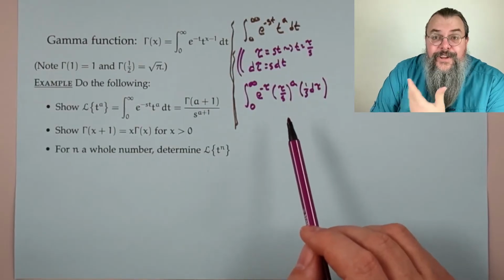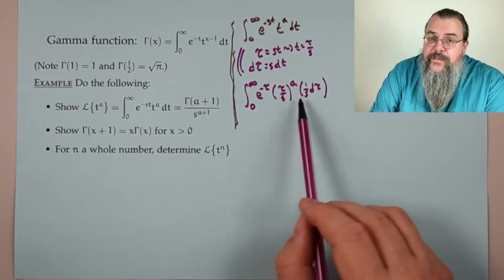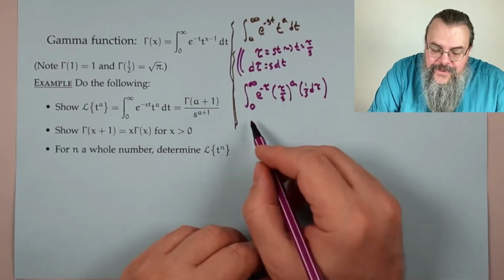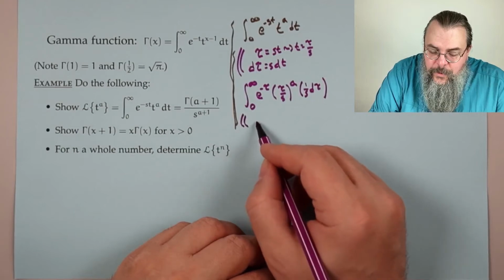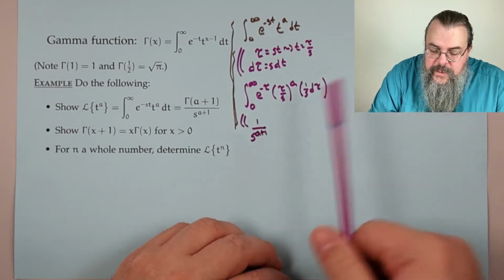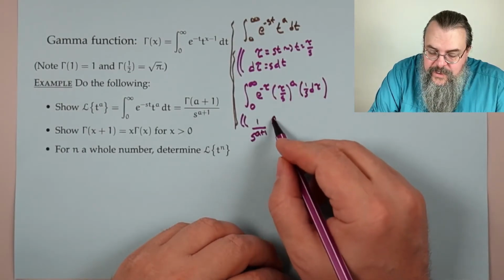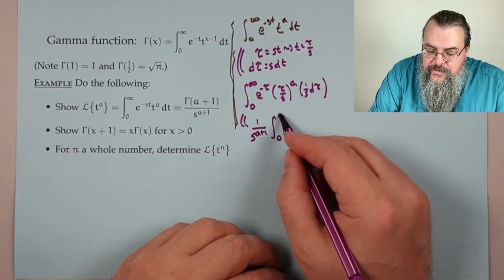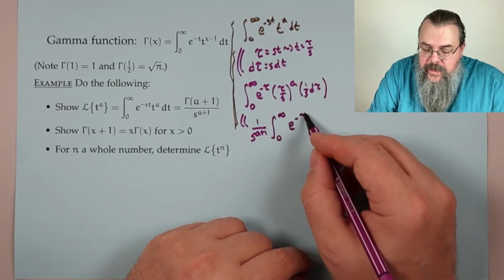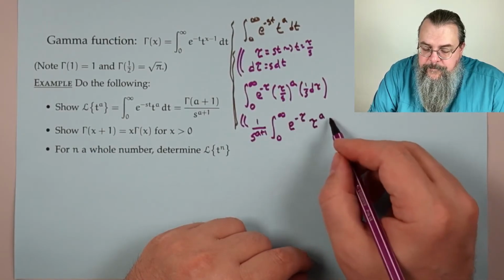So s is still a constant. So we have a total of a plus 1 s's downstairs. We can pull them out of our integral. So this is 1 over s to the power a plus 1. Again, a and 1. And then what's left? Integral 0 to infinity. And then we'll have e to the minus tau, and then tau to the a d